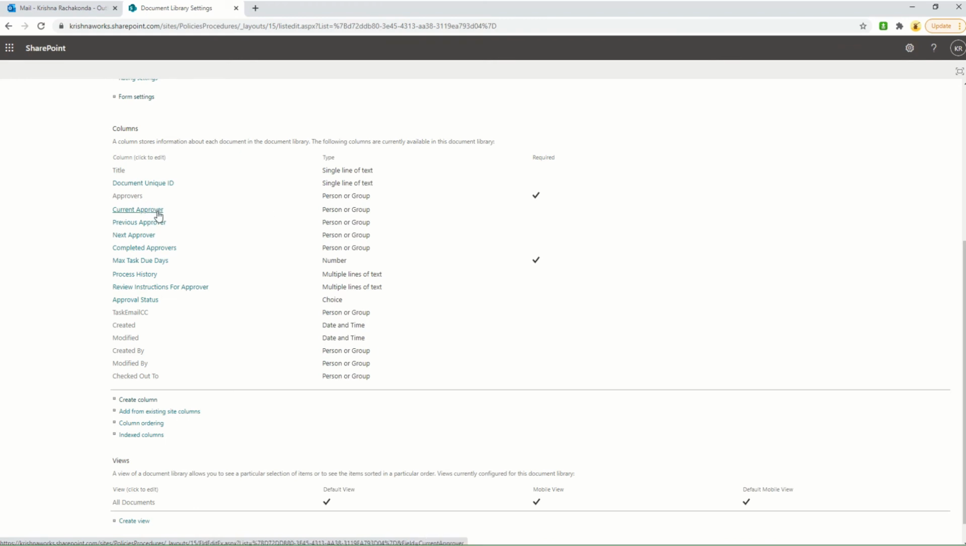And to support the approval process, I'm using fields like current approver, previous approver, and next approver, which are all person or group fields. Completed approvers is also another person or group field, and I'm tracking all the completed approvers' information as the process moves forward. And max task due days is a number field